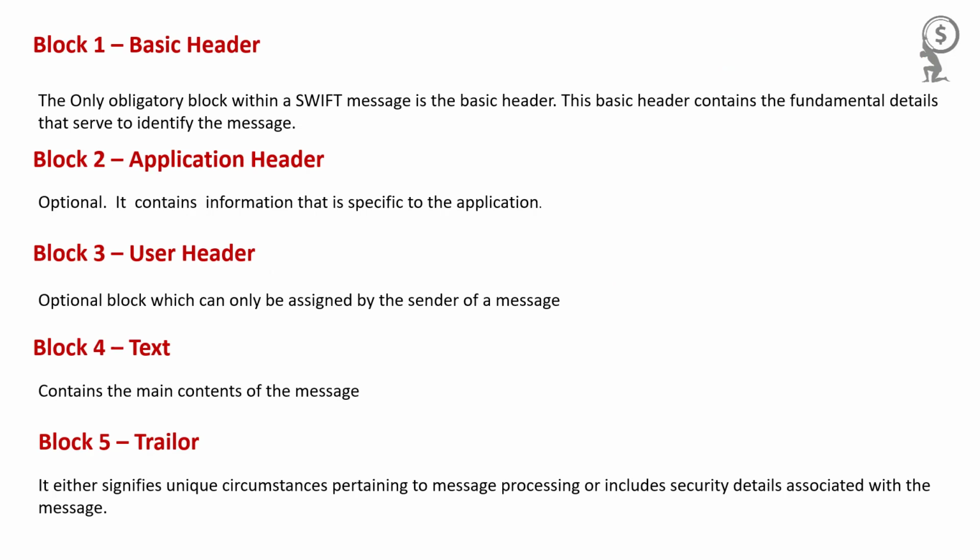Block number 1, or the basic header, is the only obligatory block within a Swift message. It contains the fundamental details that identify the message, such as who is the sender bank, who is the receiver bank, and so on. Block number 2, 3, and 5, I would prefer to explain them on a real example